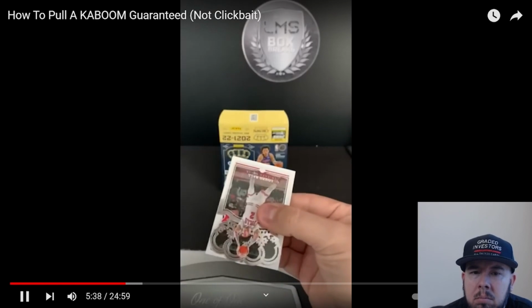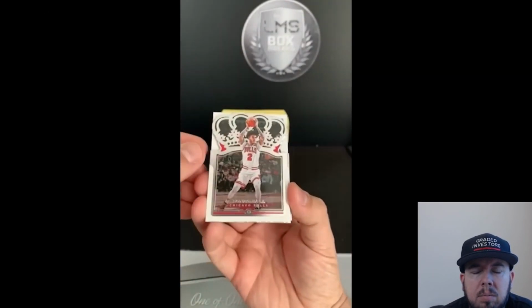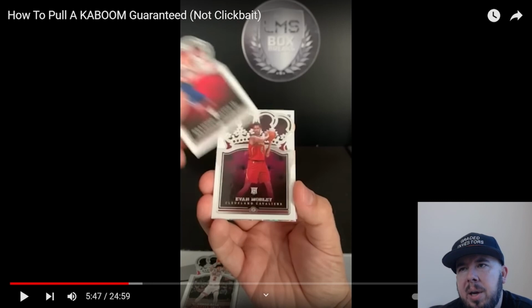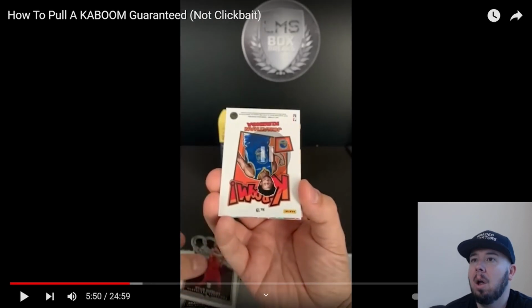See what we have here. So let's get into it, guys. All right, we have a Lonzo Ball. We have a Brandon Boston. Just so we're all on the same page, we already know he has a Kaboom, right? Because the Kaboom is the only actual fully rectangular card. So I don't know why he's taking so long to say there's a Kaboom. Also, we have an Evan Mobley. Oh, he went straight to it? He didn't grab a thing and hold it in front of the thing for us to have to look at the thing for so...